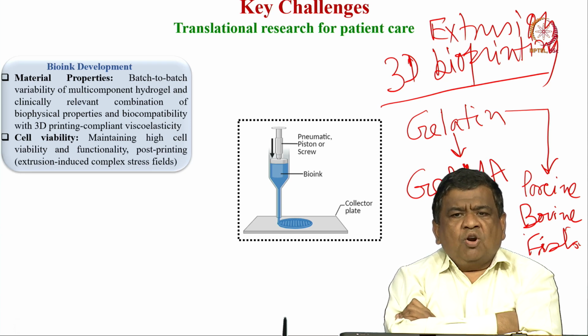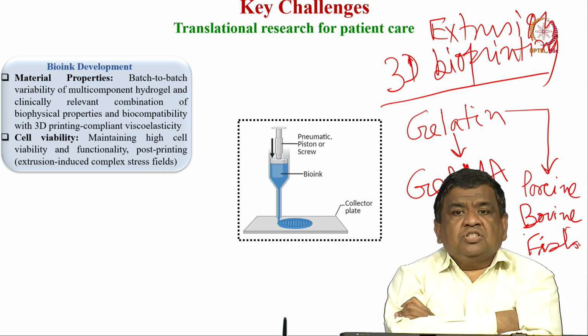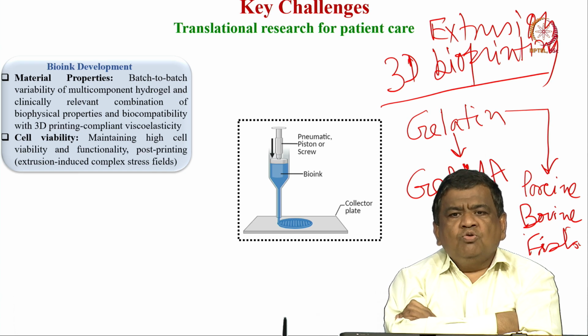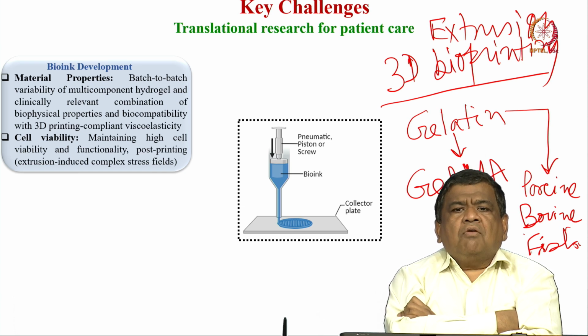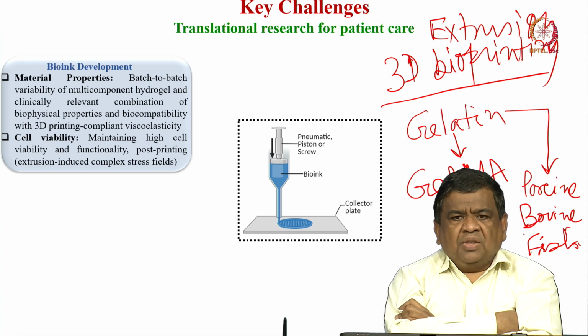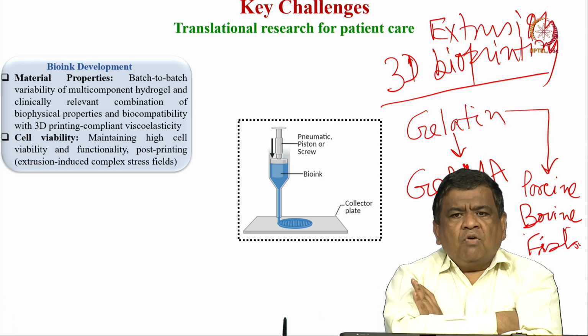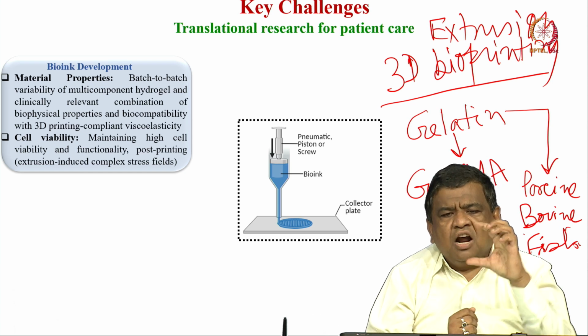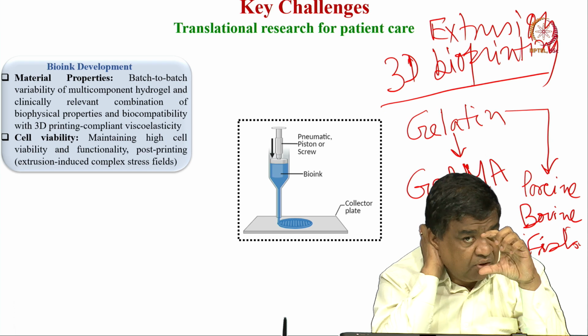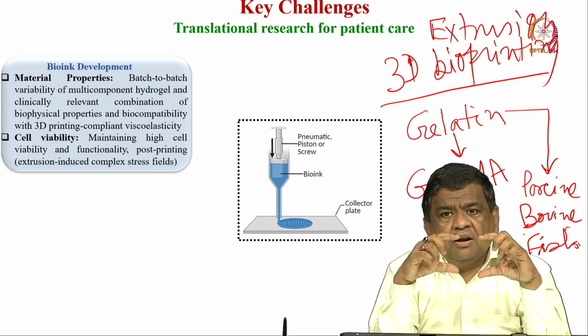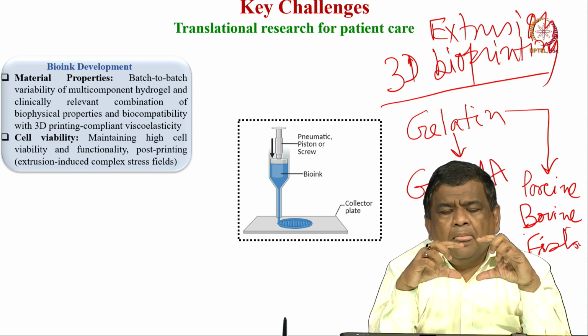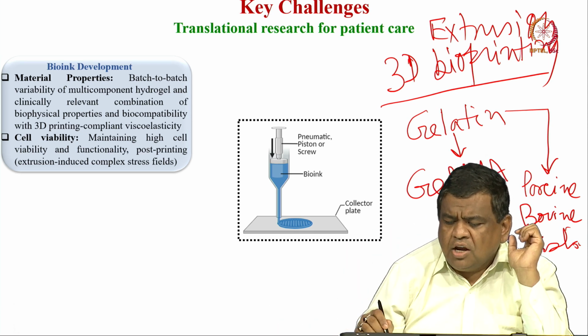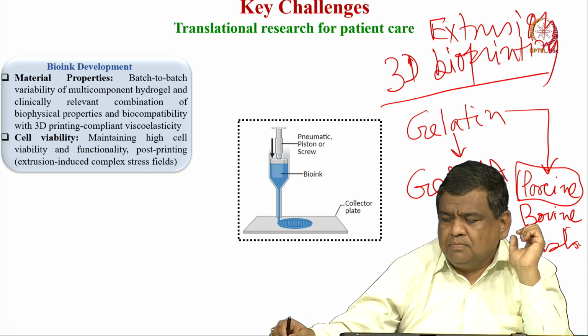And why Gelma? That has been also emphasized in the earlier lectures, that it has RGD sequence which serves as a cell attachment site if you use Gelma as a matrix for many tissue engineering scaffolds. Okay, that is all understood. But what I am trying to point out here is that, for example, one batch you produce 100 microliter of Gelma, then another researcher is following the identical protocol to produce 100 microliter Gelma from the same source. Let us say we are talking about the porcine source.